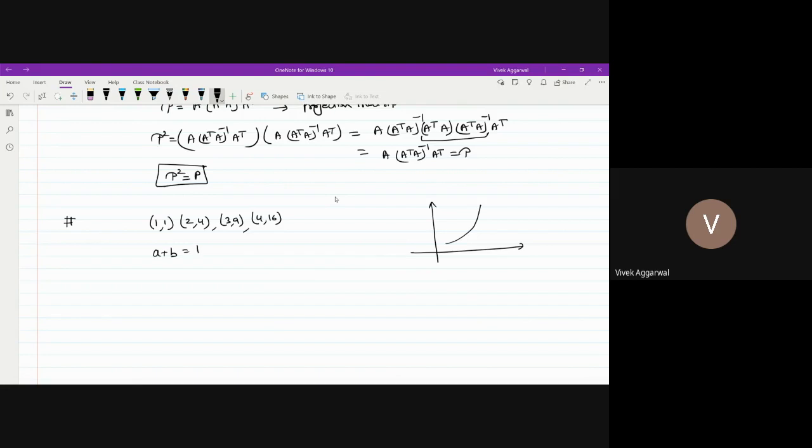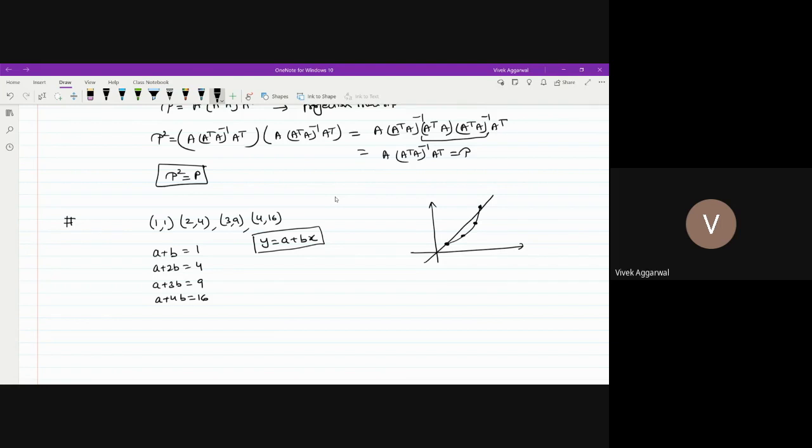it should be equal to 1. A plus 2B should be equal to 4. A plus 3B is equal to 9, because I am taking a line y = A + Bx. I am just considering a line which is passing through all these points. But I have chosen the points like this, then this, then this, and then this. Okay, but I am considering a line which is passing through these points, and another equation, A plus 4B, is equal to 16.